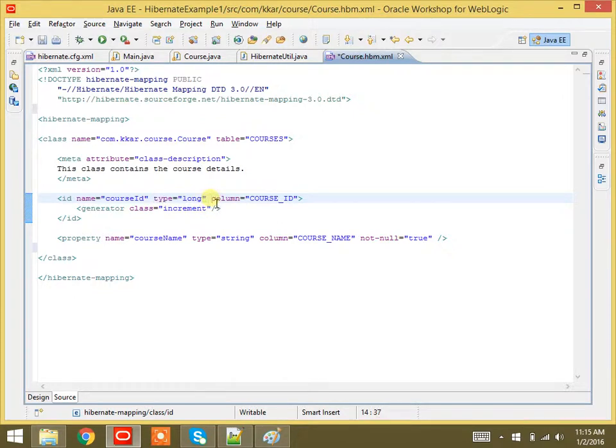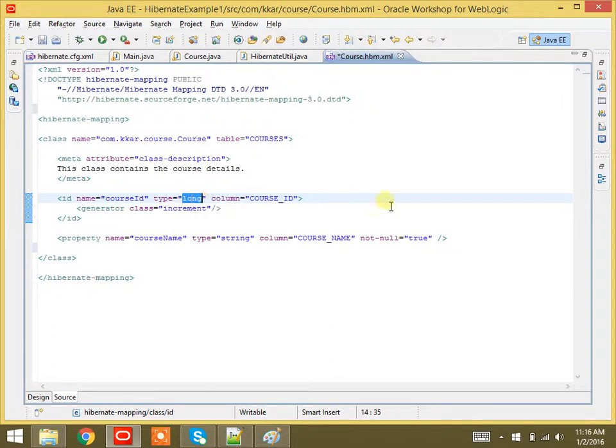And in the DB, which column do I need to map this field to? Course underscore ID. Is that clear? I need to take the course ID field from the Pojo, and create a column in the DB named course underscore ID with the type long. If it is already there, it will point to that particular column.